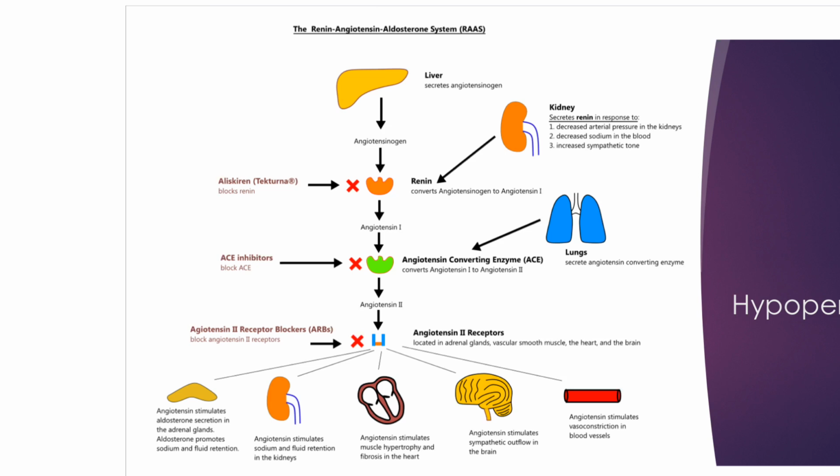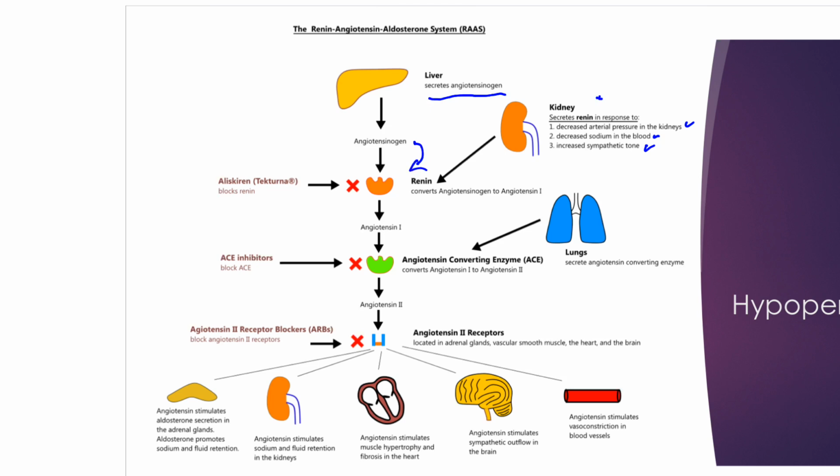Along with releasing catecholamines, of course, you begin this renin-angiotensin-aldosterone system process. And what happens first is your liver is going to secrete angiotensinogen. Angiotensinogen is not going to do much, but now you're secreting it into the bloodstream, and your kidney, at the same time, is going to secrete renin. And the renin is in response to a decrease in arterial pressure in the kidneys, a decrease in sodium in the blood, an increase in sympathetic tone. Any of those things are going to cause the kidneys to secrete renin. So our pressure's down, so now renin's being secreted. And the importance of renin is now that